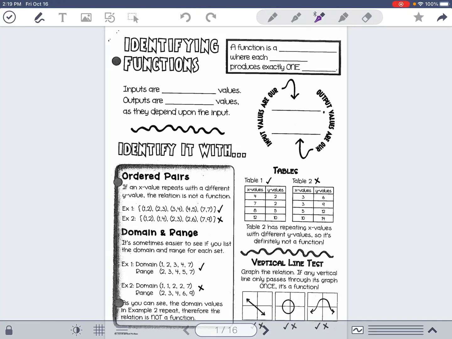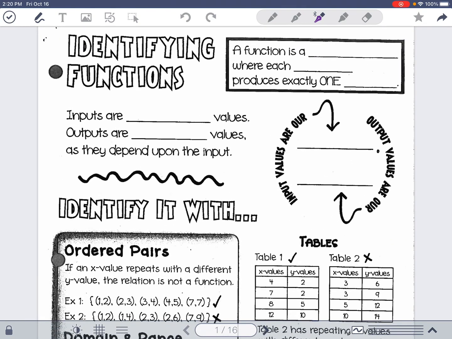This week we begin our unit on functions. So we're going to go through some guided notes here and learn a bunch of vocabulary for this unit, as well as some examples. A function is a relation